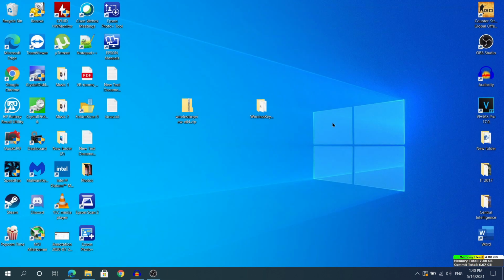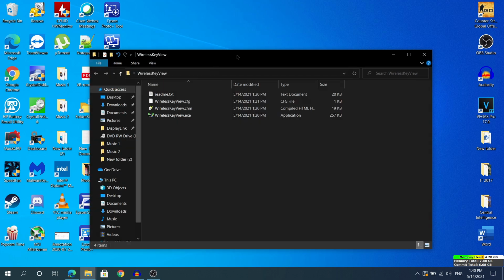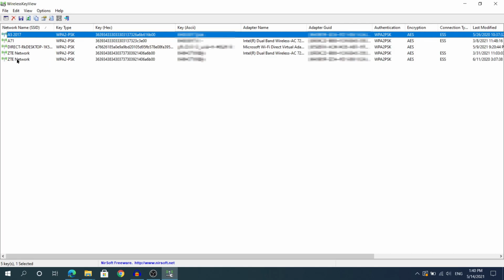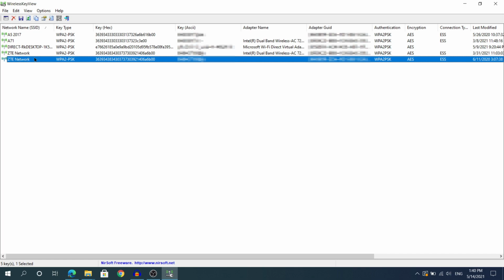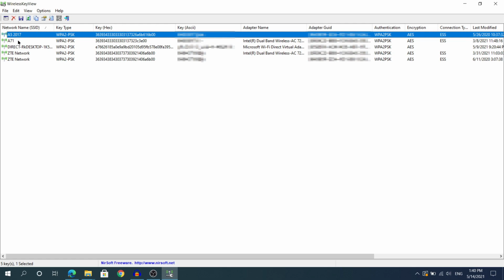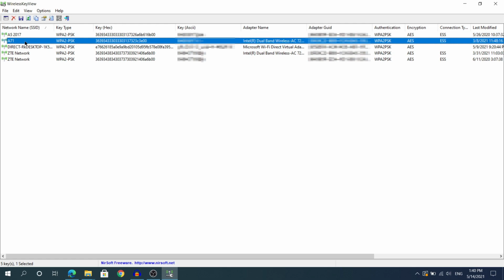Now, if you have done that and you try to open the software, it will open up just fine without Windows Defender blocking it. If we double click the software, it will open up the User Account Control. Just click Yes, and here as you can see my Wi-Fi network is the bottom one right here. Of course I'm going to blur the key because I do not want anyone to see it. My router is right here, the bottom one. The first one is my old phone, the second one is my new phone that I bought a month ago. The other two are just my laptop.